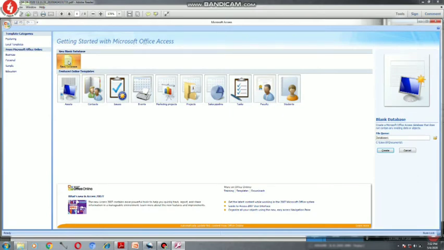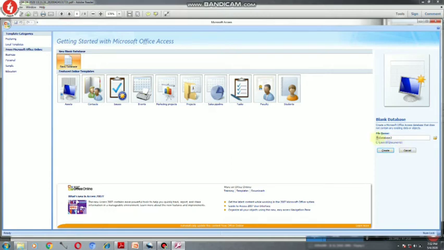Once I click on blank database, I am getting a window like this, where I can type the name of the database. Here I am typing the name of the database as my database 3. Now here you can see one path is given, c:/user/r/documents.